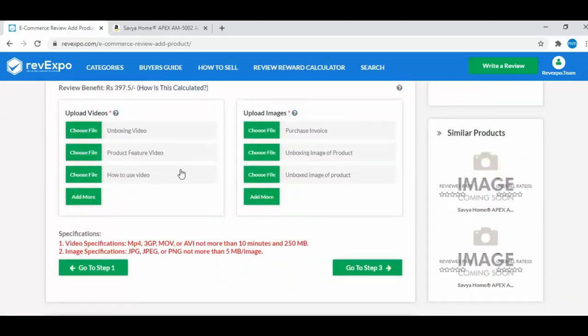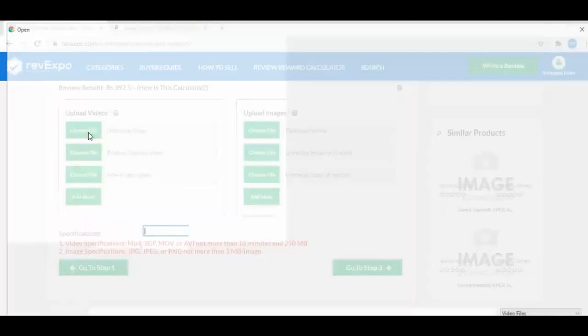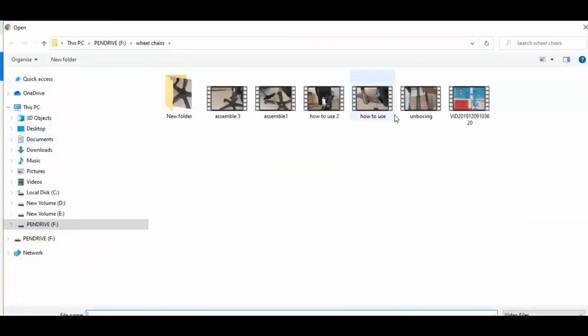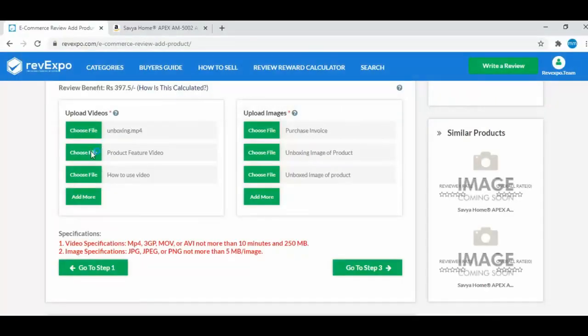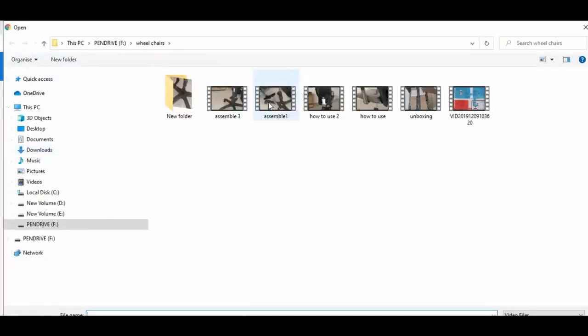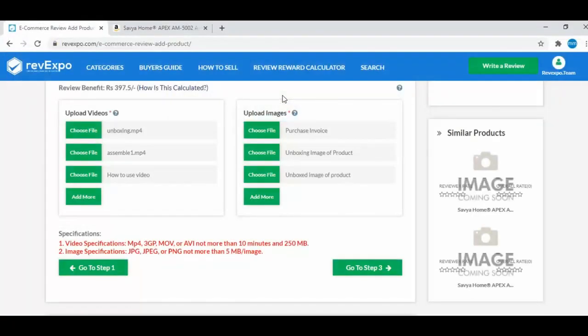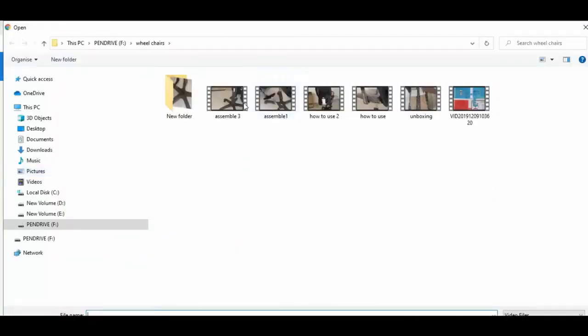So go to step number 2. Here you need to upload all the images and videos I have shown in parts 1, 2 and 3. So start selecting this particular unboxing video from your media folder. So here I am selecting unboxing, and the next part I will be selecting the assembling. So you can see here I have many videos over here, so you can also upload multiple videos